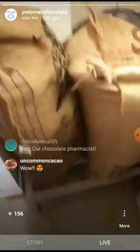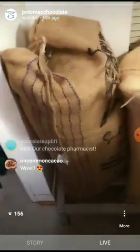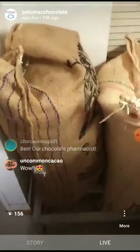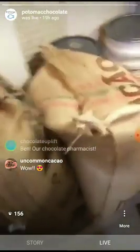But first, I get the bags of beans. They come here. They come in, and soon to be released, 75% cacao Uganda bar, which is super exciting. So anyway, first step is